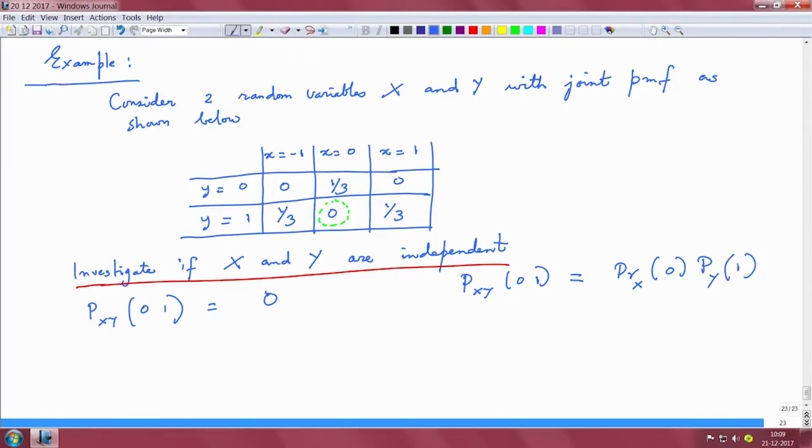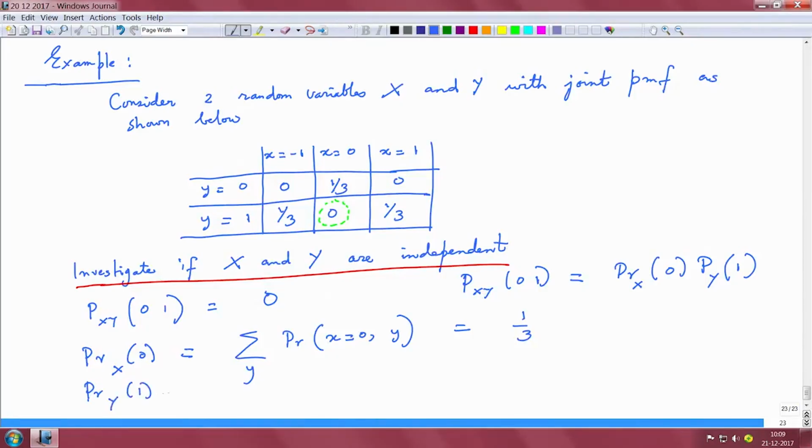Okay. Now, let us compute the probability that x takes 0. Probability that x takes 0 is basically this quantity where you marginalize over all y. If I have to write down the steps, it is probability that x equals 0 over all y, and then if you just sum over this second column you get 1 by 3, and the probability